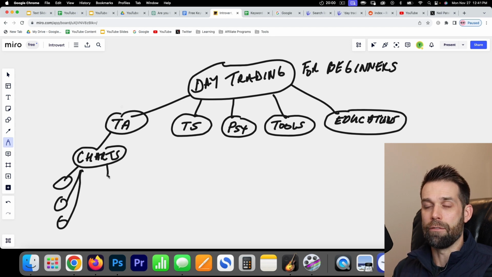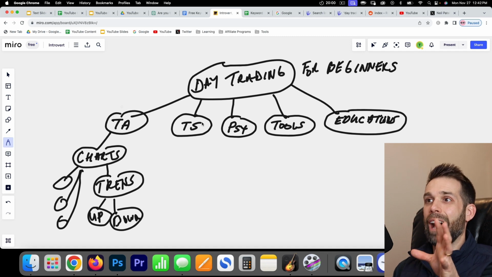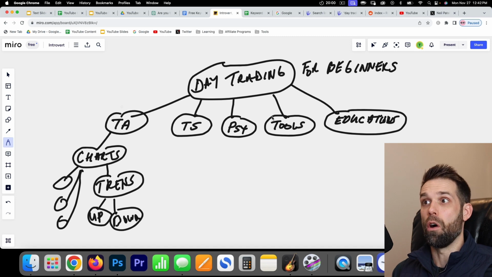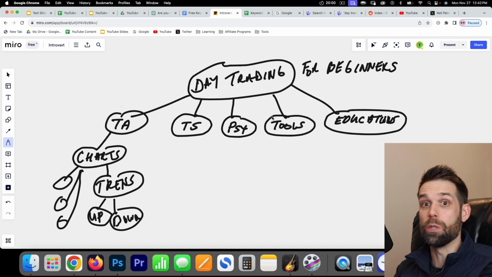So you're going to have other long tail keywords that are all related to charts. And then, after charts, you'll also have trends. So you'll have how to read trends for beginners. And then there'll be like, how to read an uptrend, how to read a downtrend, and so on. So basically, when you're doing keyword research, you kind of want to have a rough idea of how this is all going to map out. And the more research you do upfront, the easier it's going to be as you start producing content for your